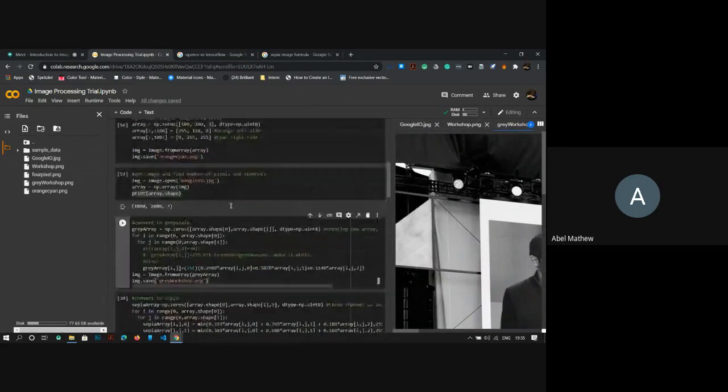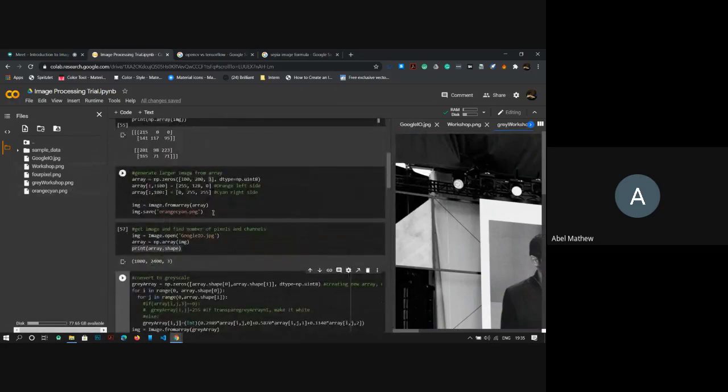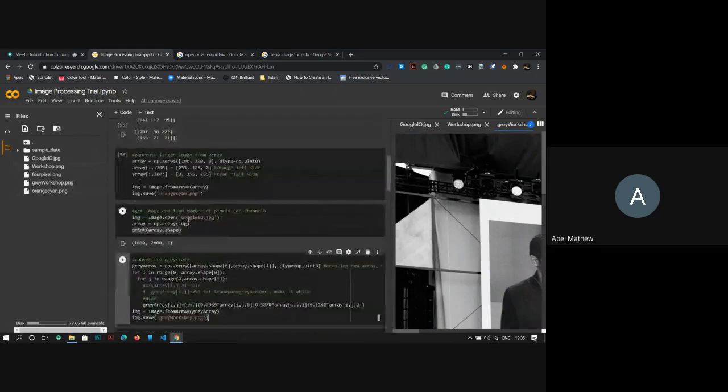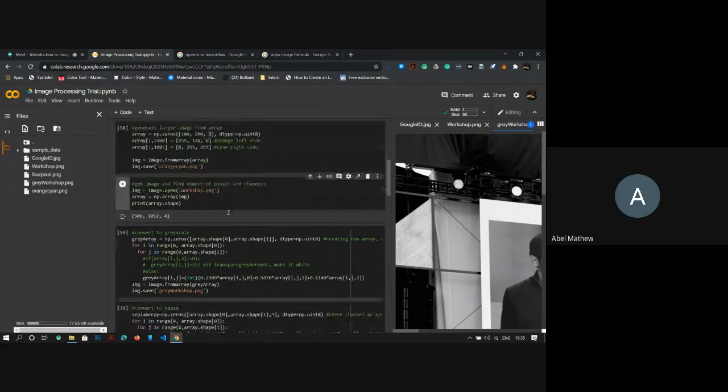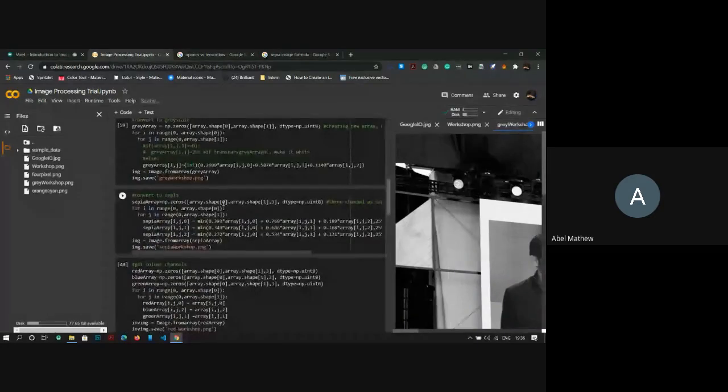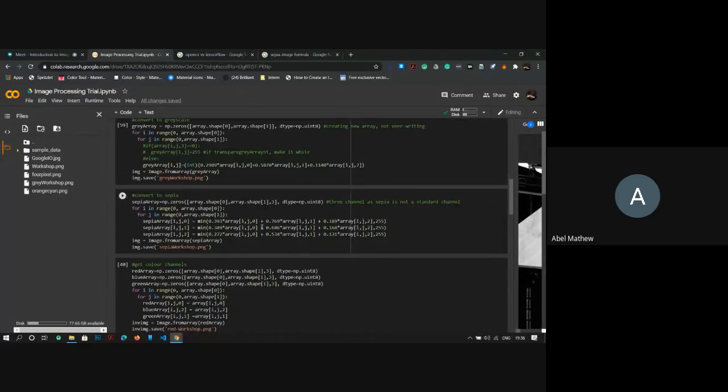for the workshop array. So we need to get the workshop image. We get the image done. Then we should convert it to sepia. Code is